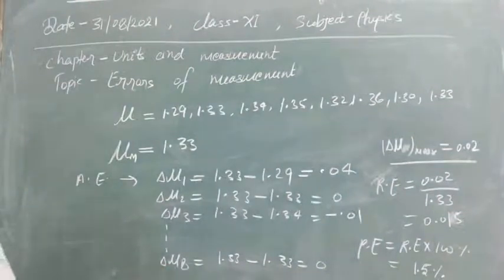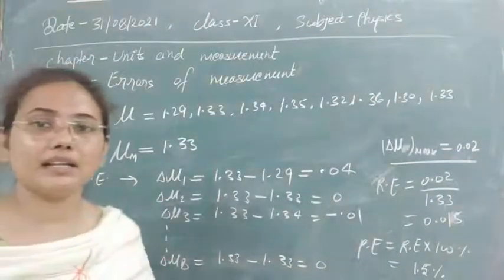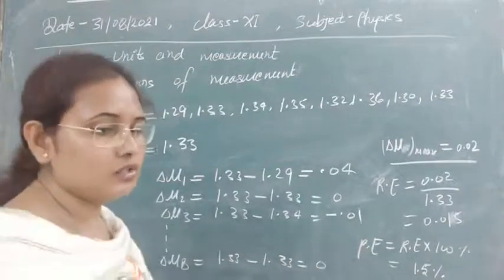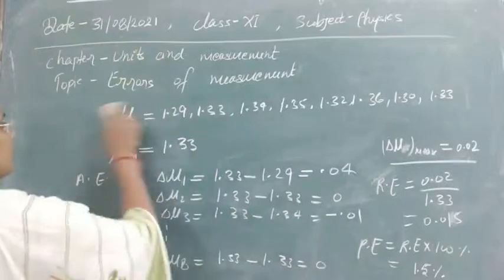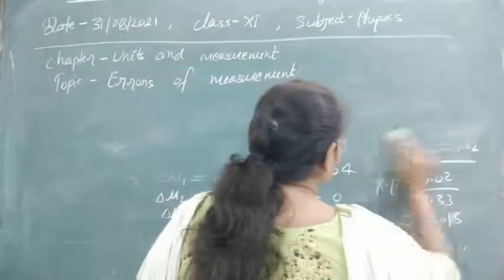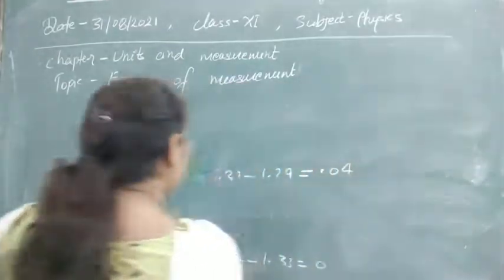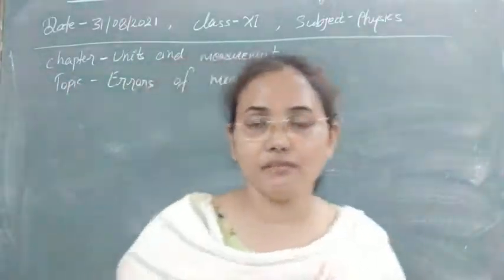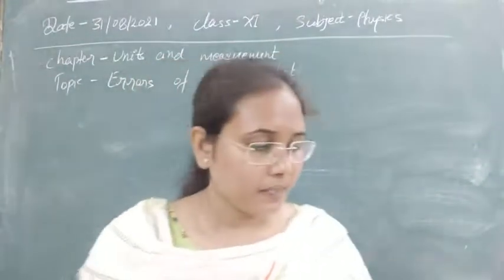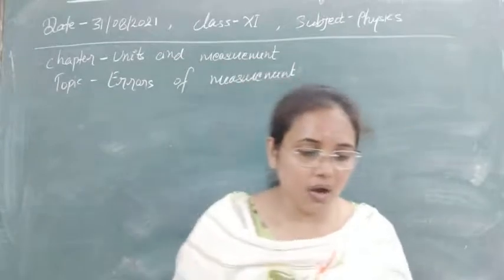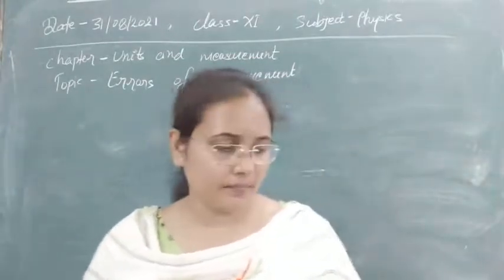You can see that the greater the number of experiments, the more the chances of error are reduced. This is called repetition to reduce random errors. You can calculate these quantities or errors by yourself for a number of problems. Now next, let's see the propagation or combination of errors.